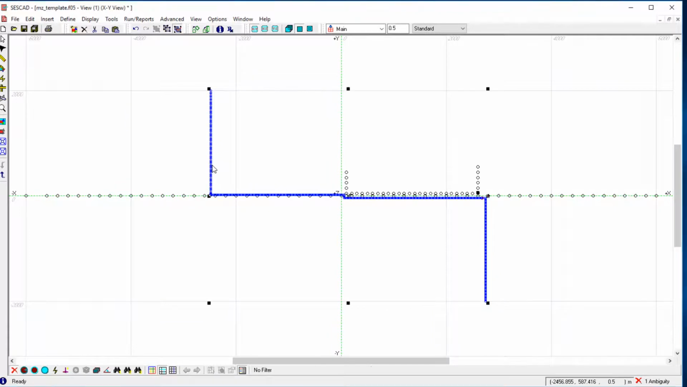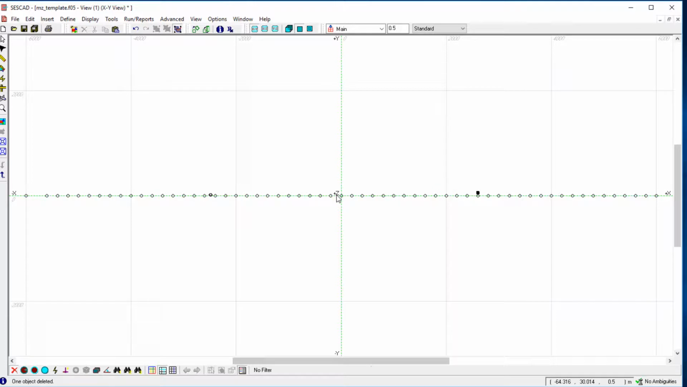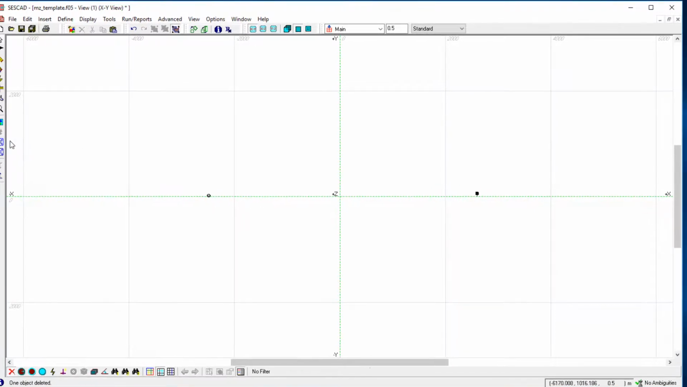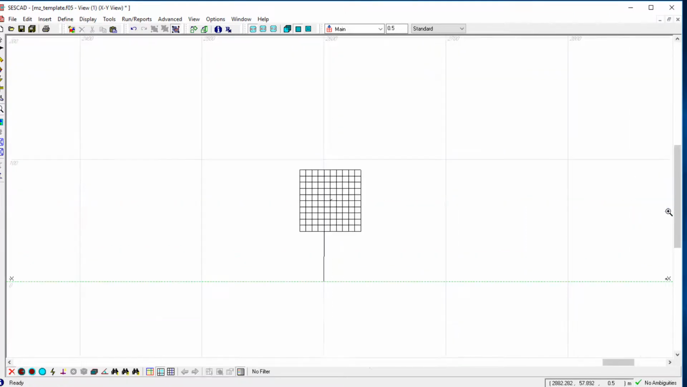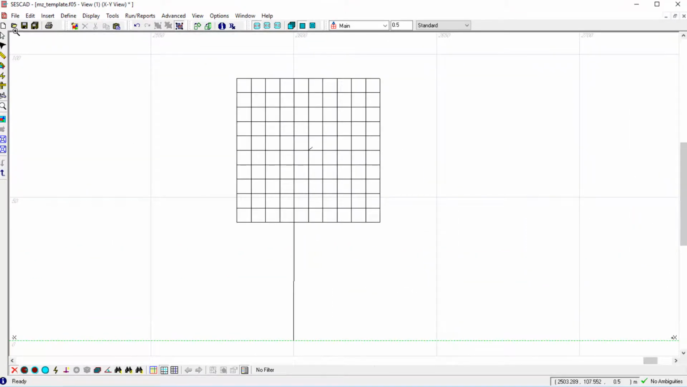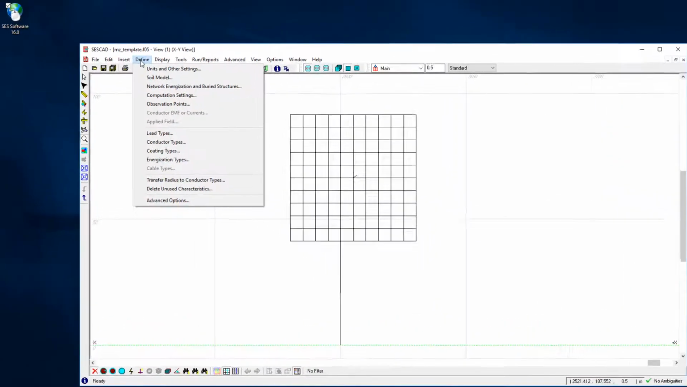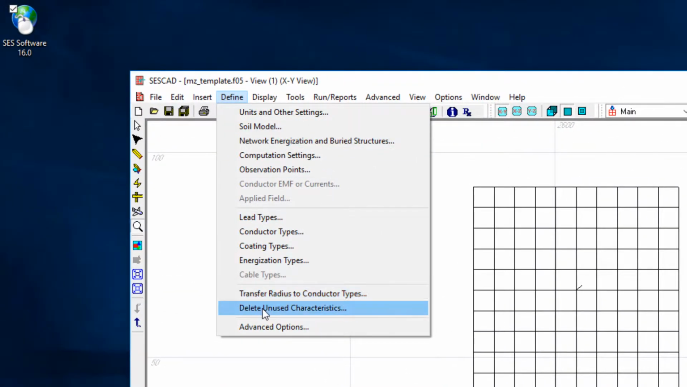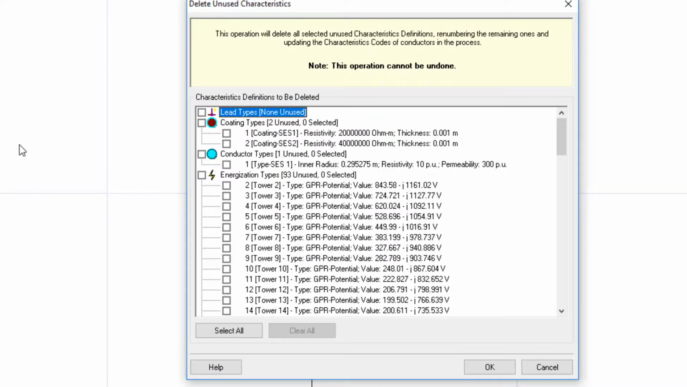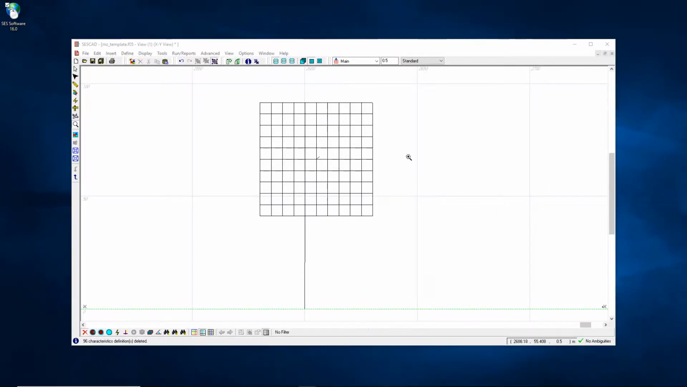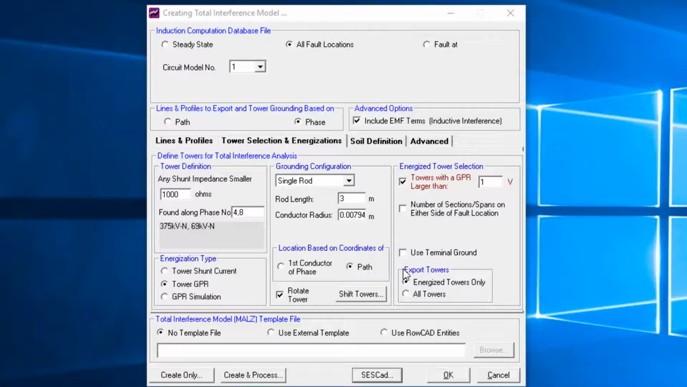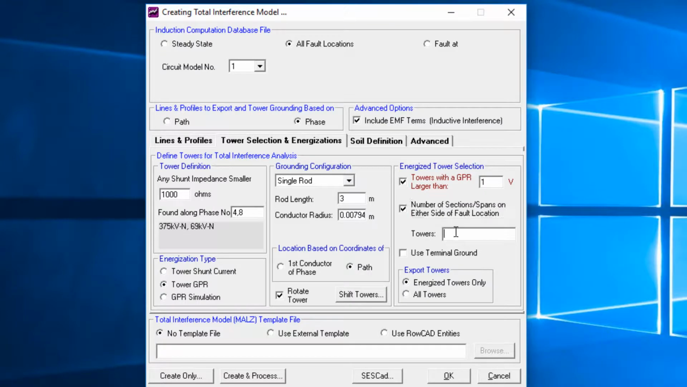Remove from the file all the conductors that were automatically exported by row, such as the pipelines, the towers, etc., so that the template contains only elements that need to be added. Go to the Define menu and select Delete Unused Characteristics. Click Select All. With all of the items selected, click OK. Save the file. Back in the Total Interference module, you can also set the number of towers to be exported